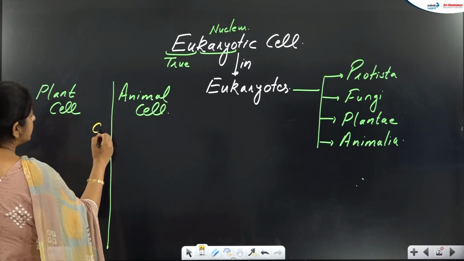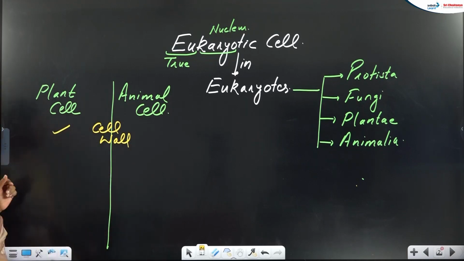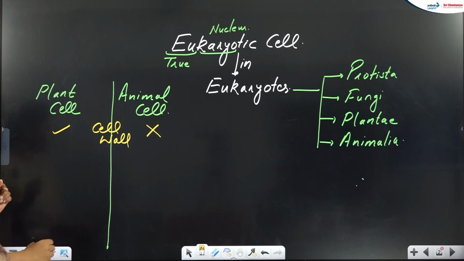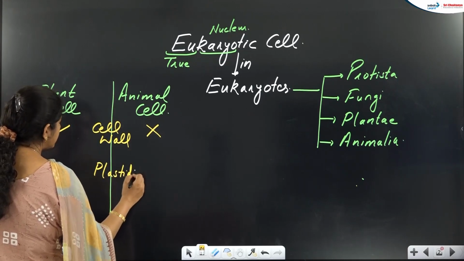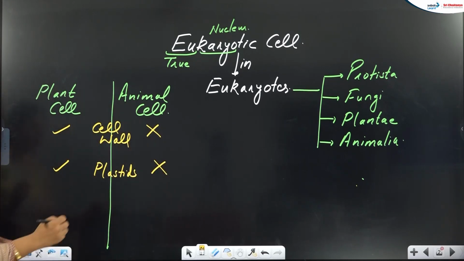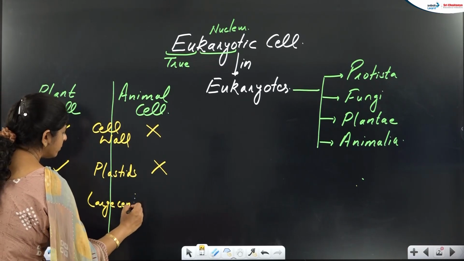Like the cell wall: it is present in the plant cell but absent in the animal cell. Next, plastids: again present in plant cell but absent in animal cell. And the large central vacuole,